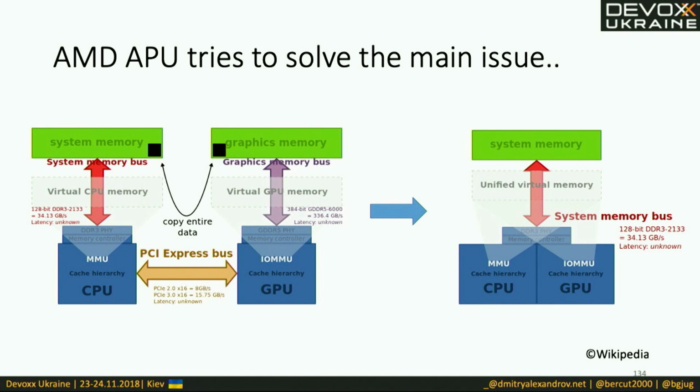And together with it, AMD actually tried to solve many problems with this architecture, Project Sumatra. They didn't want to make these copies from system memory to GPU memory, so AMD APUs running Project Sumatra were blazingly fast, just because there was no memory copy, as I told you. The GPU just accessed the memory it needed, it was just pointer mathematics. That made it very, very fast. Unfortunately, it all depends on what we are using. It was not mainstream at this point, and it didn't go that far.